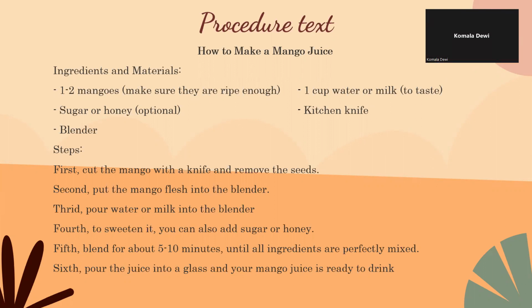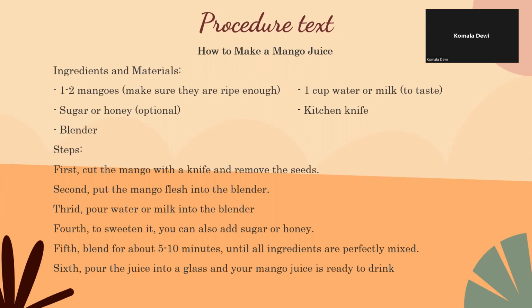I will start. How to make a mango juice. The ingredients and materials. 1 or 2 mangoes. Make sure they are ripe enough. And then sugar or honey. This is optional. And then blender. 1 cup water or milk to taste. And then kitchen knife. And then for the steps, first, cut the mango with a knife and remove the